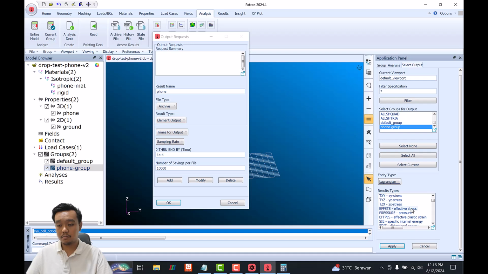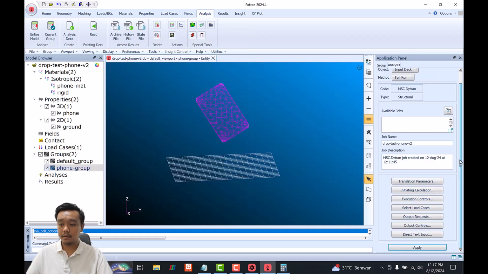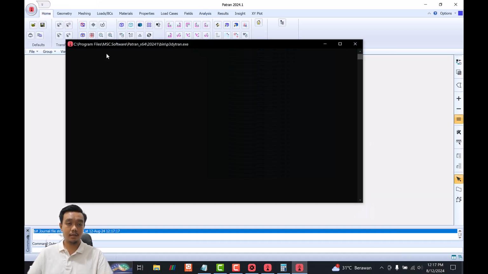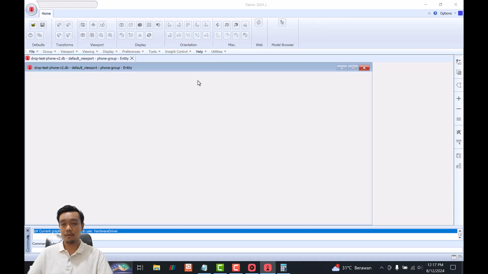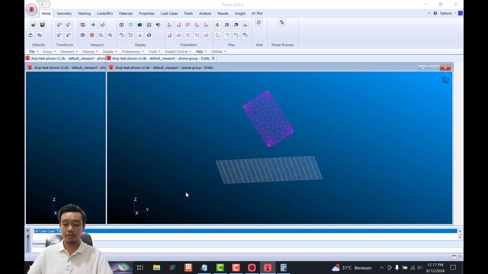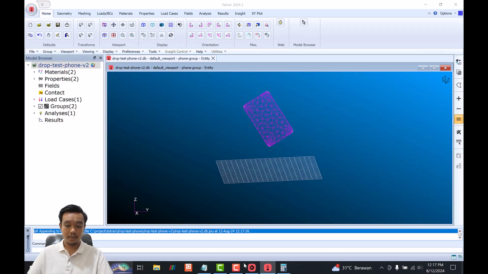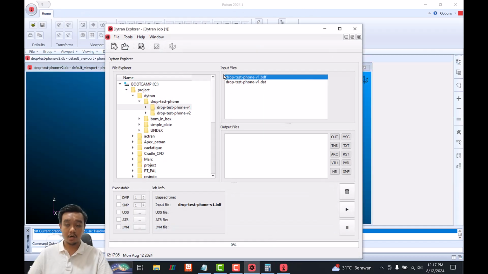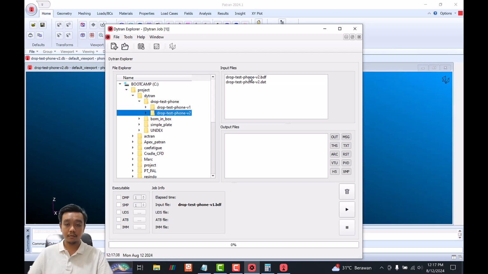Then I want to make the result maybe just for the stress, pressure, and strain. Of course you can explore anything here, but I just want to check these 3 results. Okay, and then we'll just apply. And actually if you click the apply button, it just makes the BDF or bulk data file and does not run it in Dytran. So you must open Dytran here manually and search for our DAT